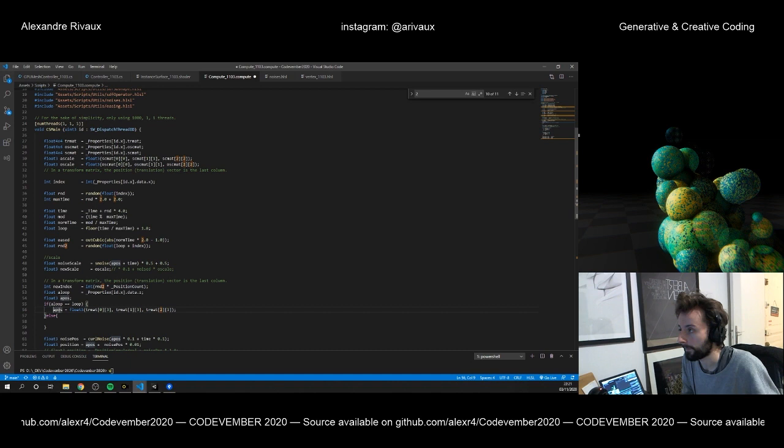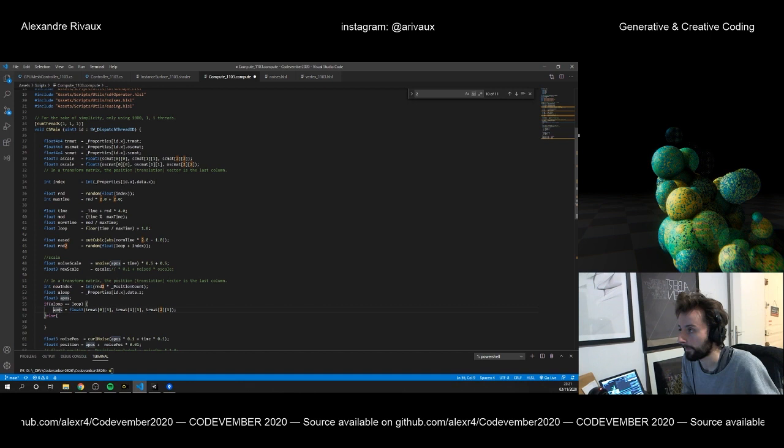Maybe this will be, let's name it vel. It's more accurate because it looks like a velocity, as it defines the direction and the speed of our new position. And the noiseInc might be, let's say, 0.25,